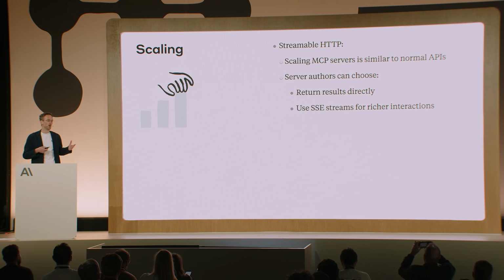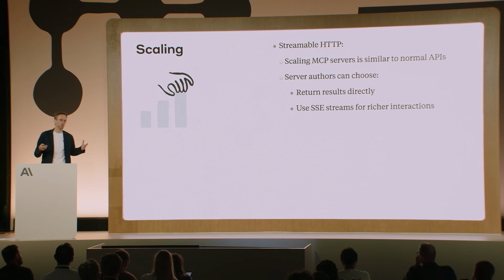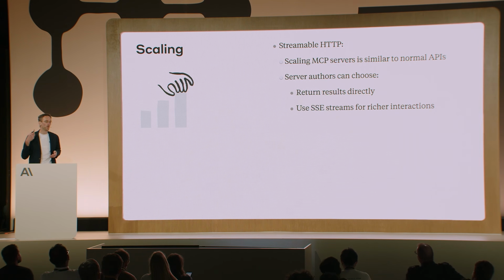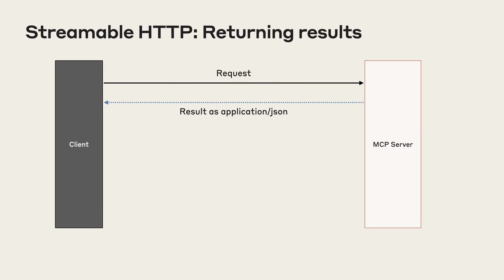As a server author, you can choose to either return results directly, as you would in a REST API, except that it's not quite just REST, or if you need to, you can open a stream and get richer interactions. In the most simple way, you just want to provide a tool call result: you get a request, you return application JSON, and off you go. End of the story, you close the connection,